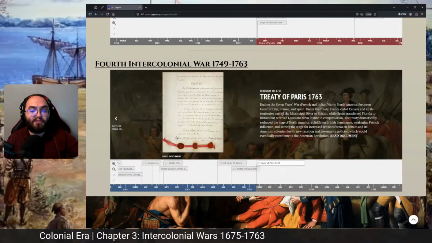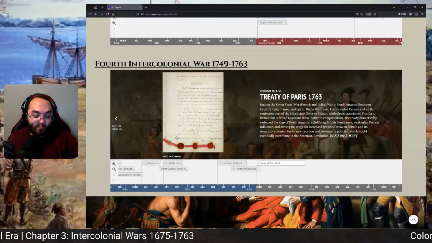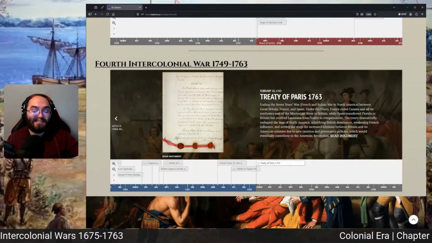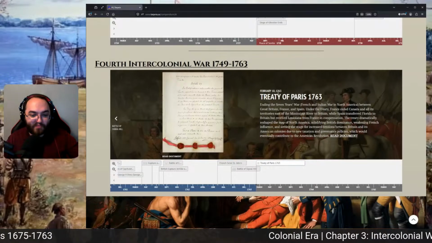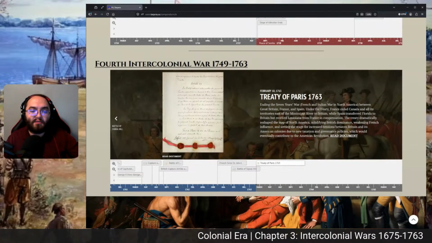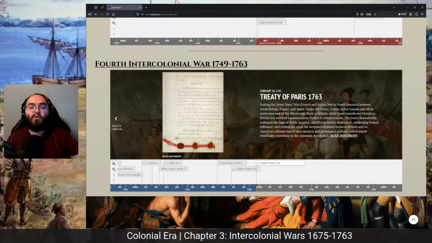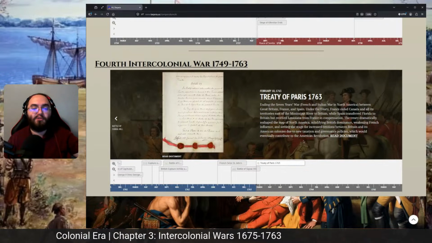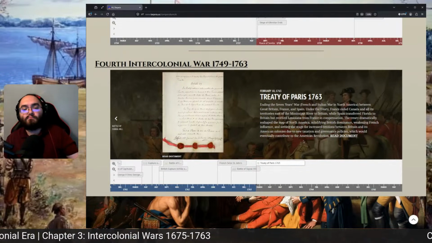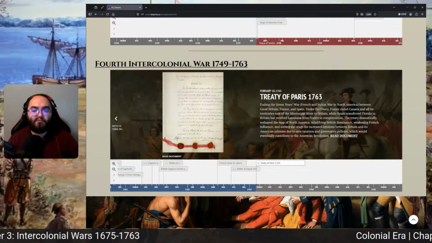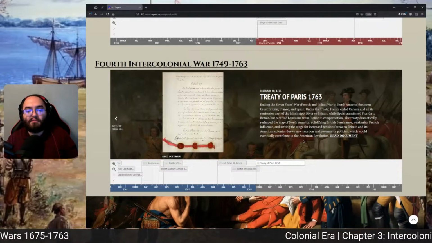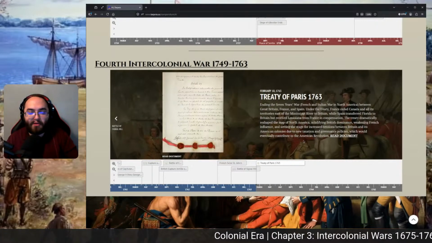the Treaty of Paris, with or by the Treaty of Paris in 1763. So February 10th, 1763. This ends the 7 Years' War in Central Europe, French and Indian War in North America, between Great Britain, France, Spain, and Austria, Prussia, and so many other